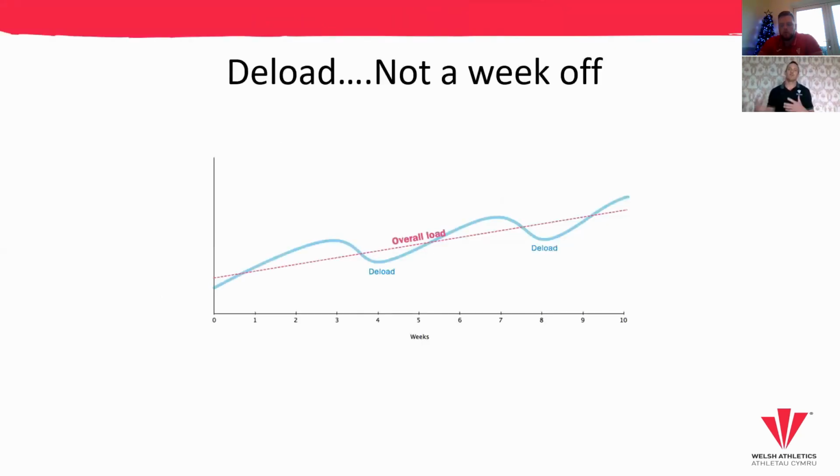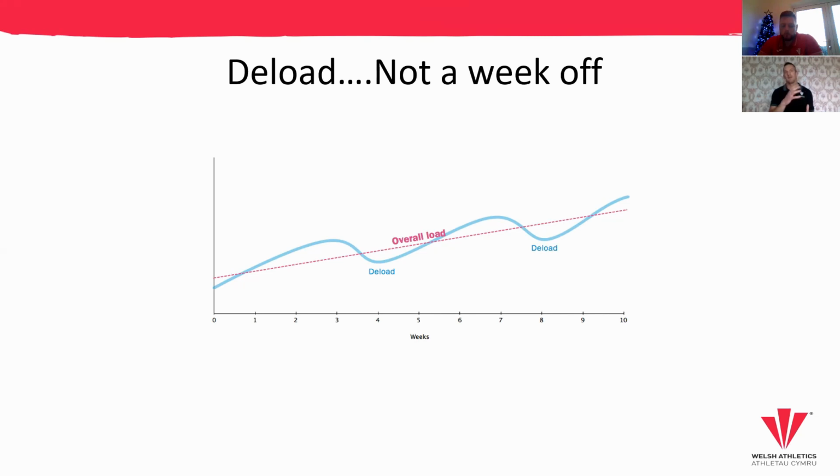And in our 4 to 6 week training block, we like to alter the load so that we're not all high volume every single week. We like to have some high volume weeks, but possibly followed by a lower volume week where we still perform the movements and the activities, but we take some of the load away. So we take some of the weight away if we're lifting weights, we take some of the length of the runs away, or we take some of the